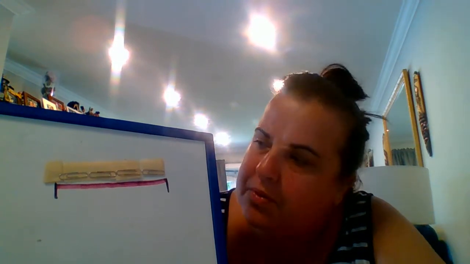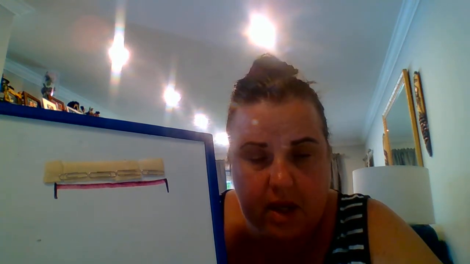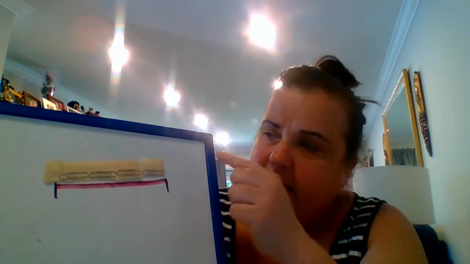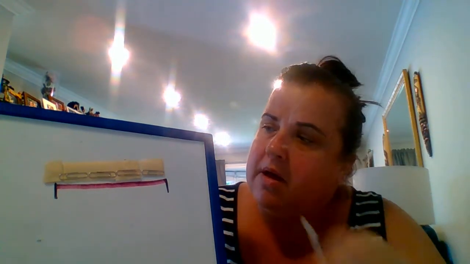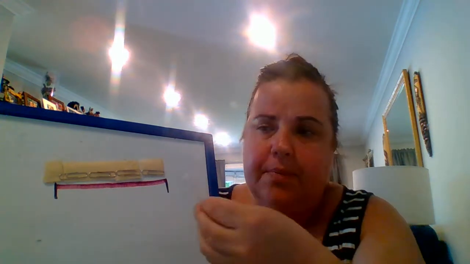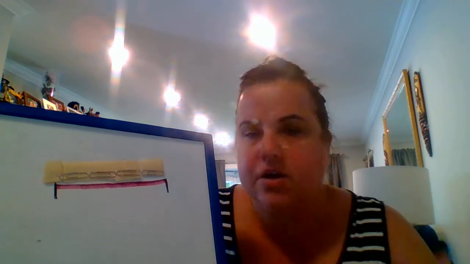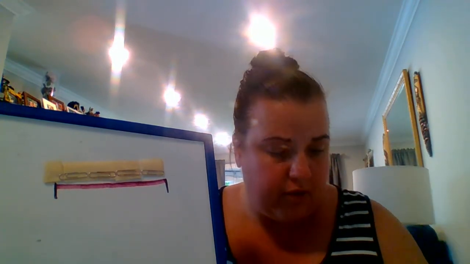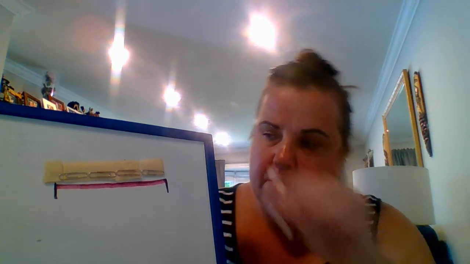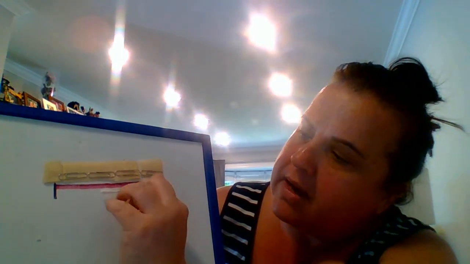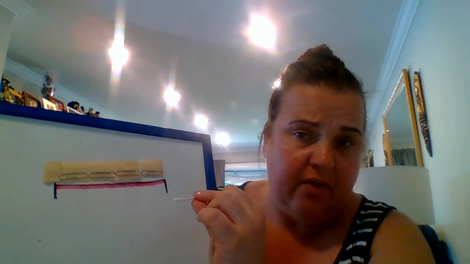What do you think? I'm pretty close to the end there, aren't I? So this line is 4 paper clips long, okay? The key is each thing has to be exactly the same. So I can't use a paper clip and then one of these, a Q-tip, and then another paper clip. I can't do it that way. It has to be the same unit, whatever it is that I choose, okay? I could have done this with my Q-tip, and probably would have been maybe 1.5, okay? But I